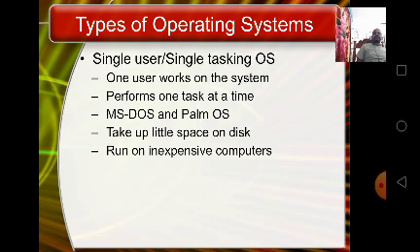A task is a function such as printing a document, writing a file to disk, editing a file, or downloading a file from a network server. To the operating system, a task is a process, and small and simple operating systems can only manage a single task at a time.